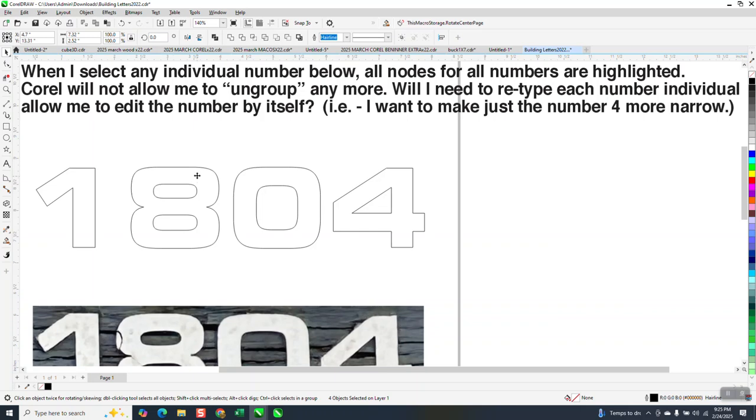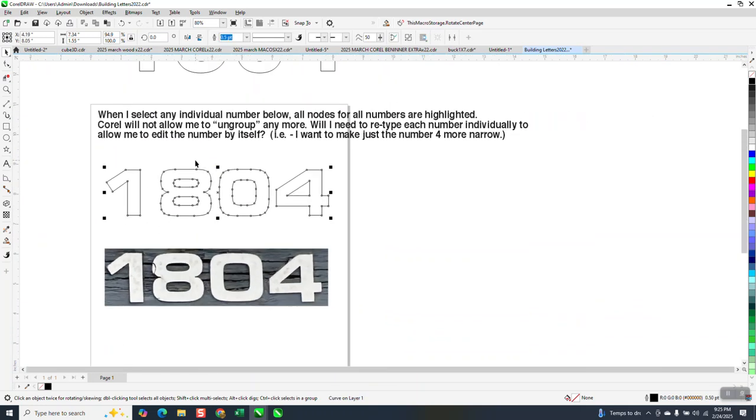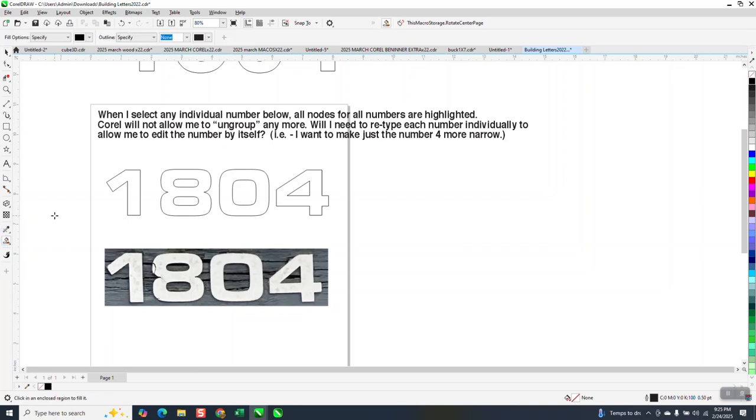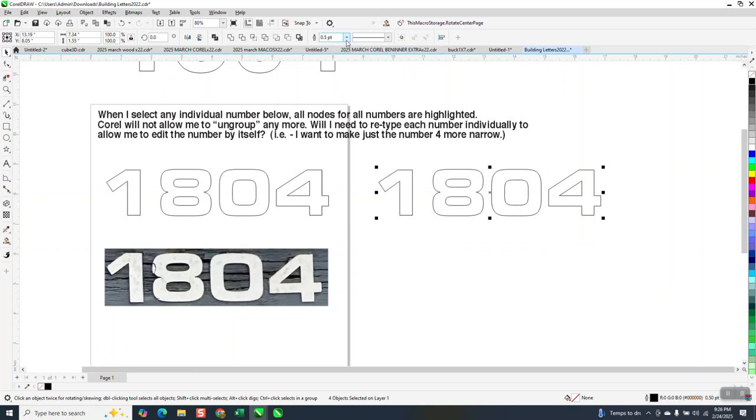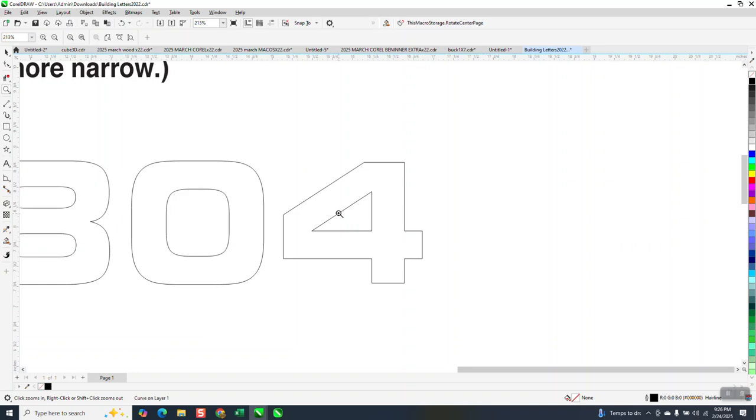Because this is a curve and I don't have any way to do anything with it, I'm going to set my nudge factor on 9 inches. And also for the one I'm doing, I set your duplicate distance on 0, 0. Might not need it in this video. So I'm going to just fill in the letters or the numbers. And what that did, the Smart Fill made new numbers. So I can left click, right click, and I would always put them to a hairline at first. Now you've got individual numbers, and if you take the shape tool, you can do anything you want to them. I don't know what part you want to make more narrow,